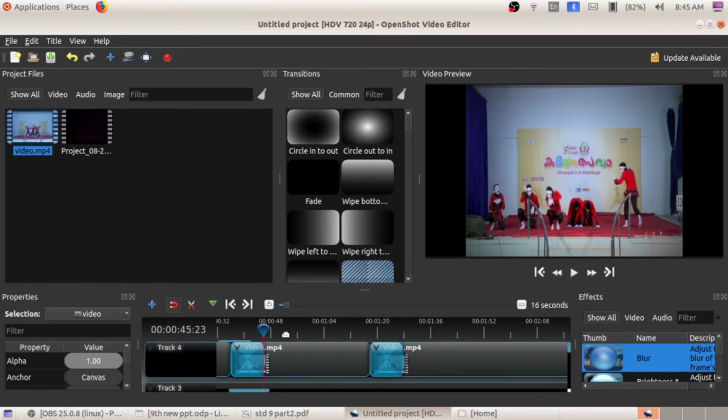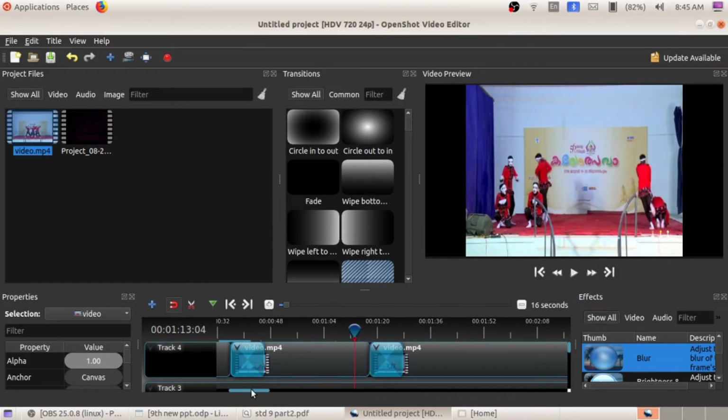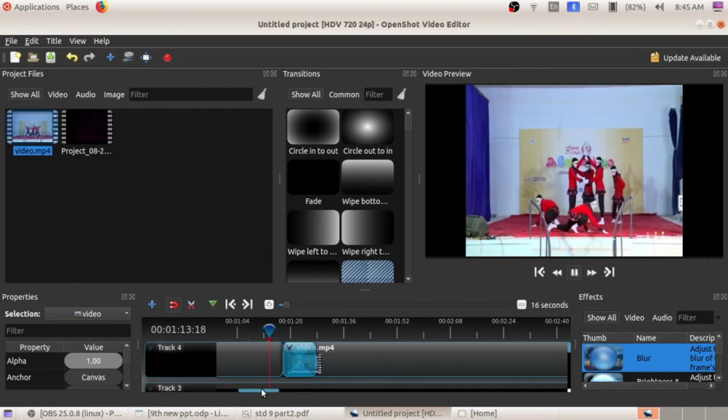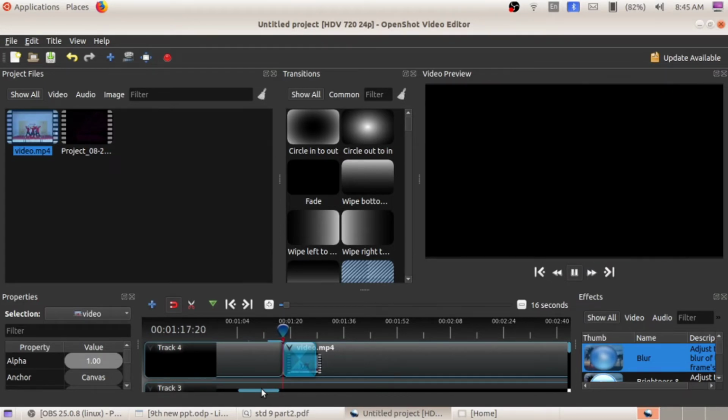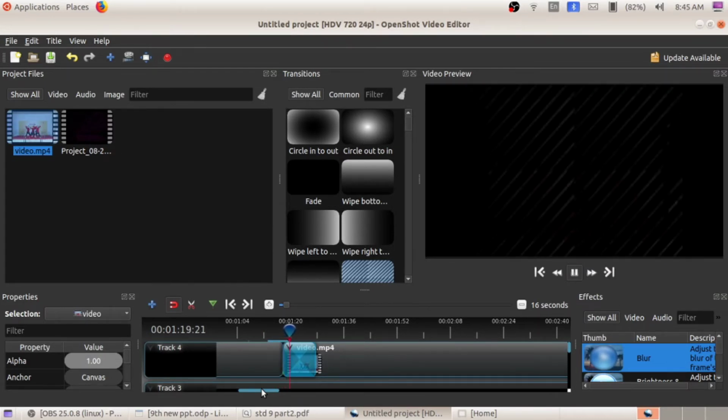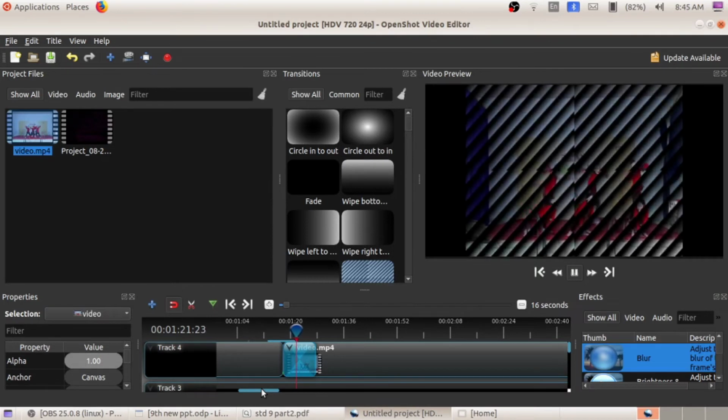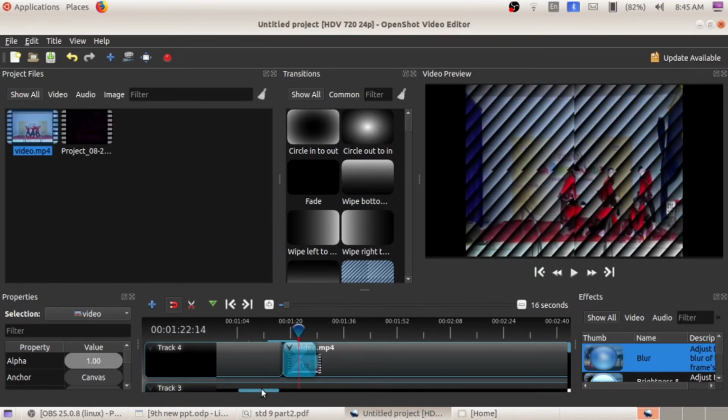Move the playback head by clicking and dragging, then press the space key on your keyboard. See the transition. So while applying a transition, always place the transition and then place the video above that transition. This is activity 9.5 in your textbook.